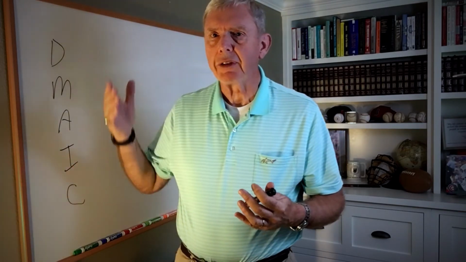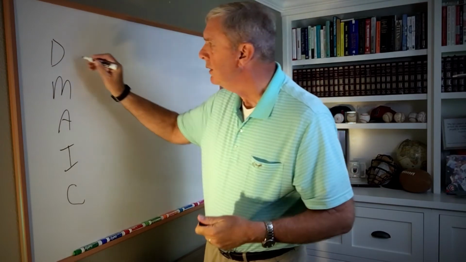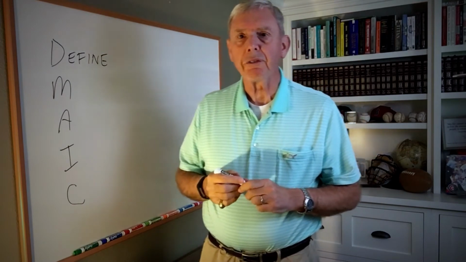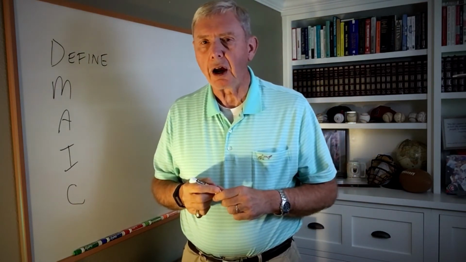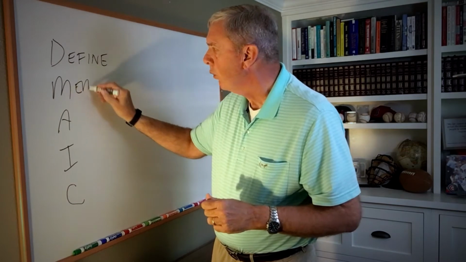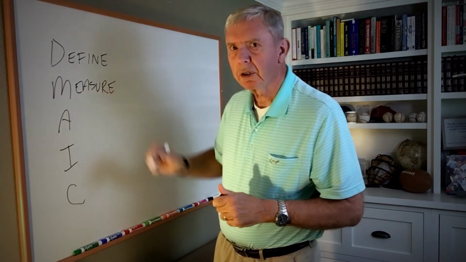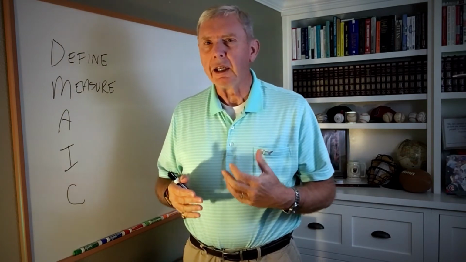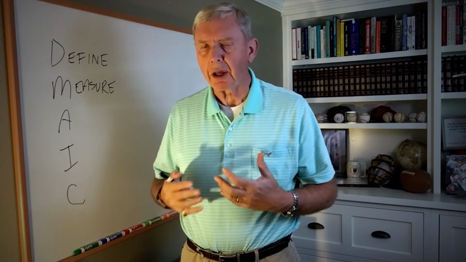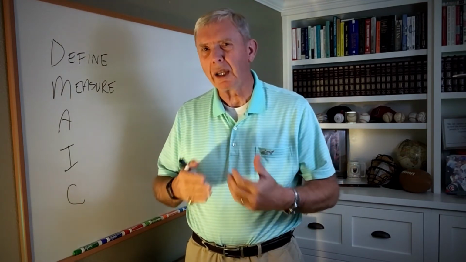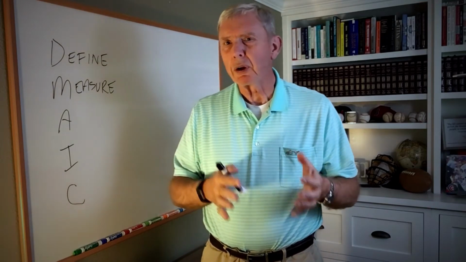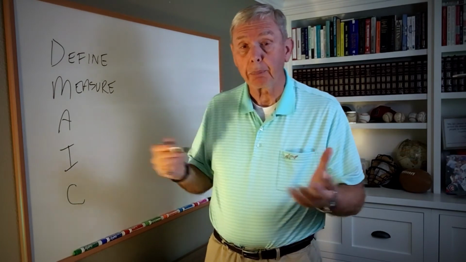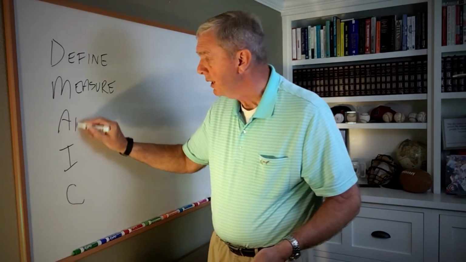So DMAIC consists of these 5 phases. First of all, the D is for define. So what we're doing there is we're defining the problem that we're interested in solving. Second, the M is for measure. And so what we're doing there is we are quantifying the problem. We're saying where we are today. If we're not getting the kind of output we want from our production process, or we're not quite getting what we want, if we can measure it, if we can say we're producing X widgets and we'd like to produce Y, then we can quantify the problem. Then analyze is the next piece here.